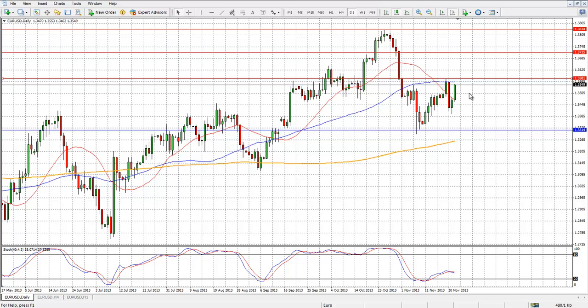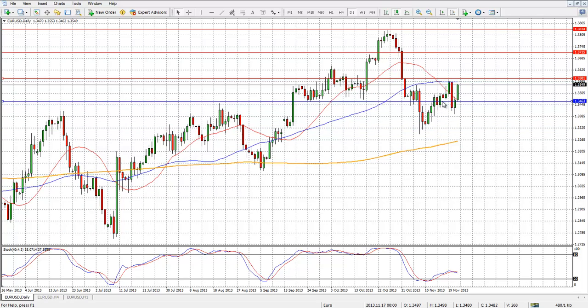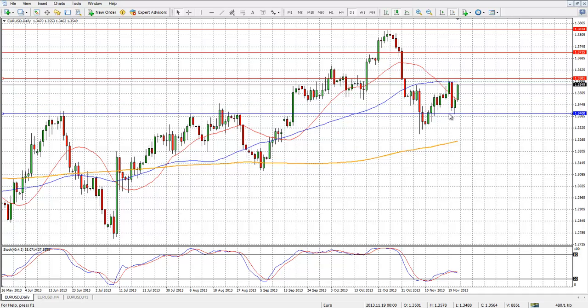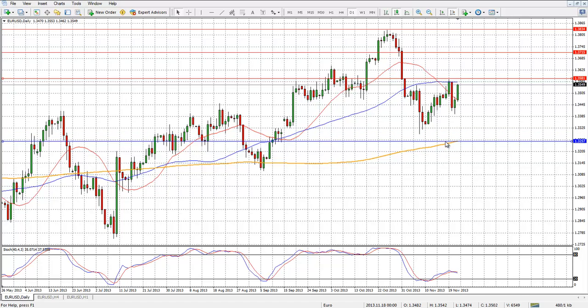Support on the way down is clearly defined here by the 20 period moving average on daily, which is 1347.2, followed by this low here, 1340, followed by this low here, 1330, 1329, and most definitely by 1325. A loss of this particular support level would be concerning, and it might change